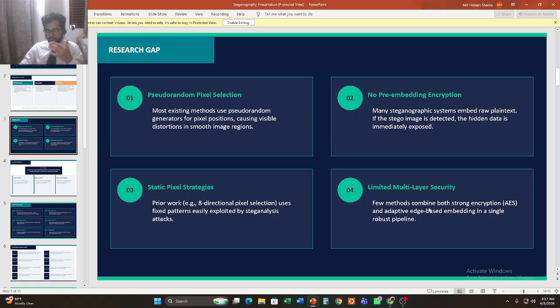Most methods address either security or imperceptibility, rarely both at the same time and rarely with real implementation. These four gaps clearly identify the need for a new approach, which is exactly what this paper proposes.